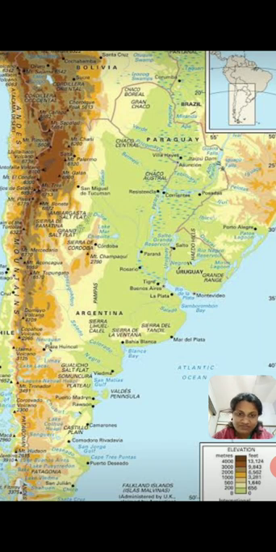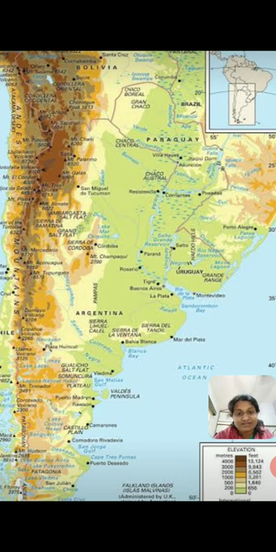So what does that show? The browns obviously are going to stand for mountains, correct? Which color would we use for mountains? Browns, correct. The green shows the land which is at a lower height, and yellows could be for desert. The blue can be for rivers, seas, or lakes. These are the different colors that we see on our physical maps, because they show you the different things like landforms and water bodies. So this is about the physical map.